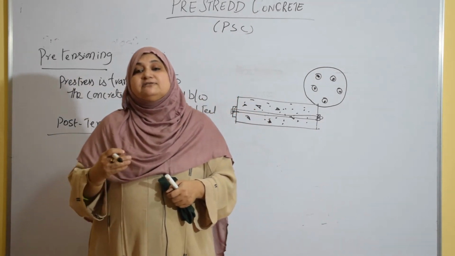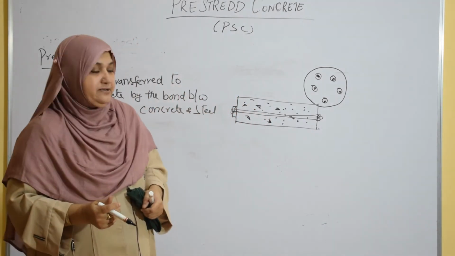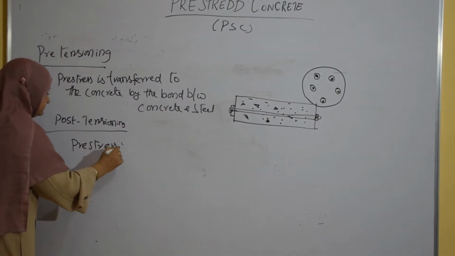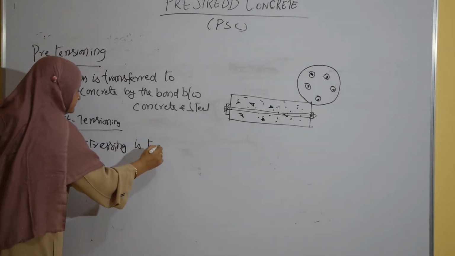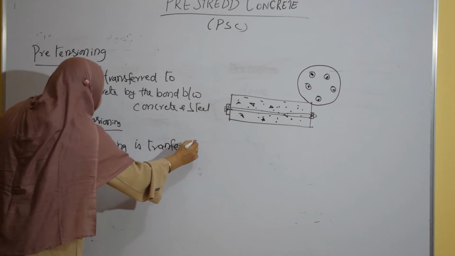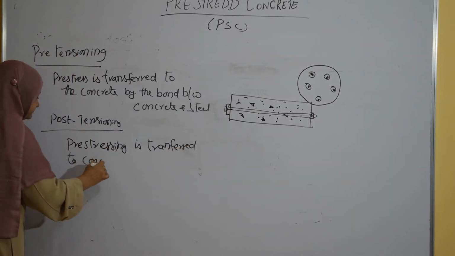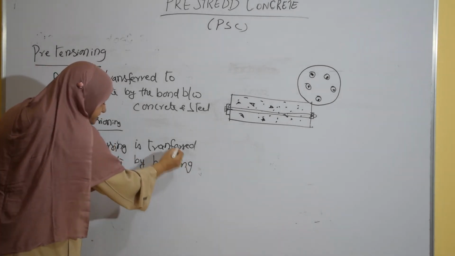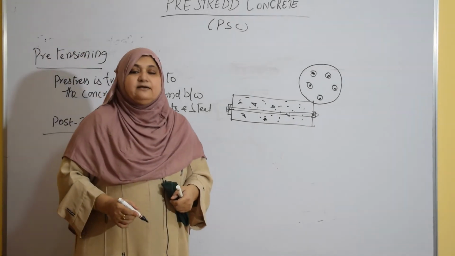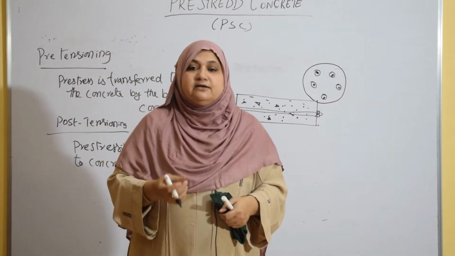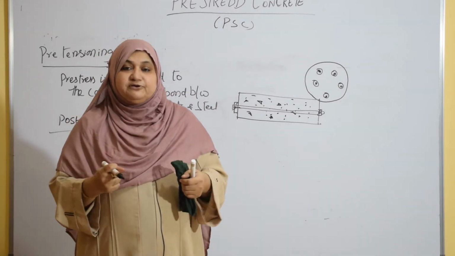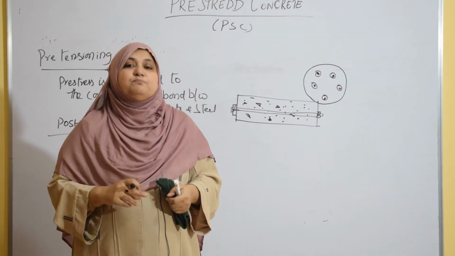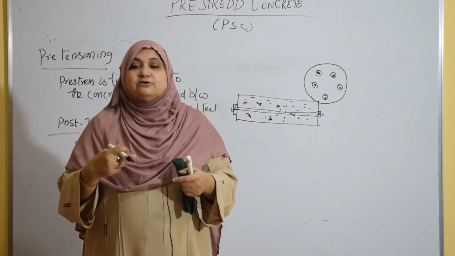Now here the pre-stress is transferred to the concrete by means of bearing. By bearing. Okay. Pre-stress is transferred to concrete by bearing. So these are the two methods of pre-stressing. One, before the concrete is hardened. Second, after the concrete is hardened. That is, when the concrete is fresh, you are pre-tensioning the tendon first, then you are putting the concrete. That is pre-tensioning. Okay, bond is going to play an important role there. In the second method, first the concrete beam is